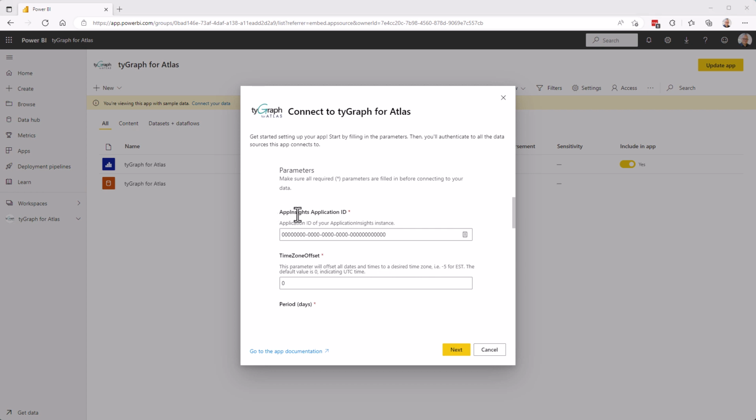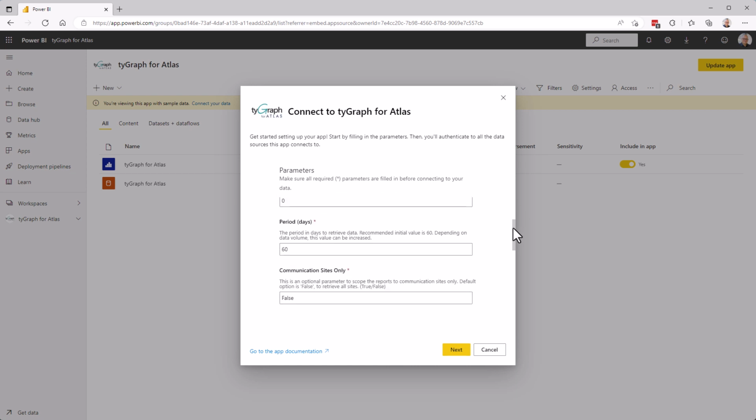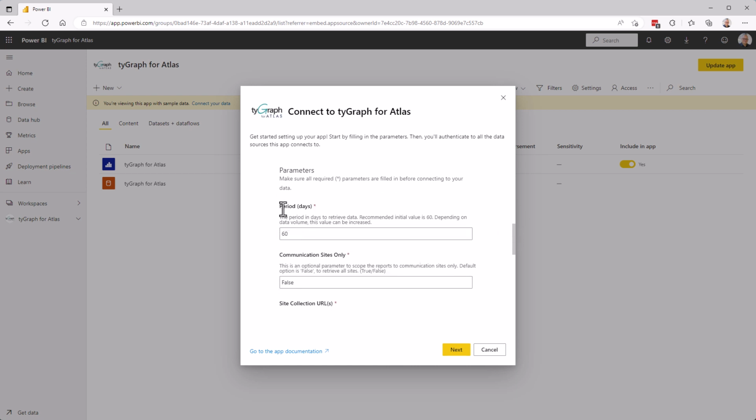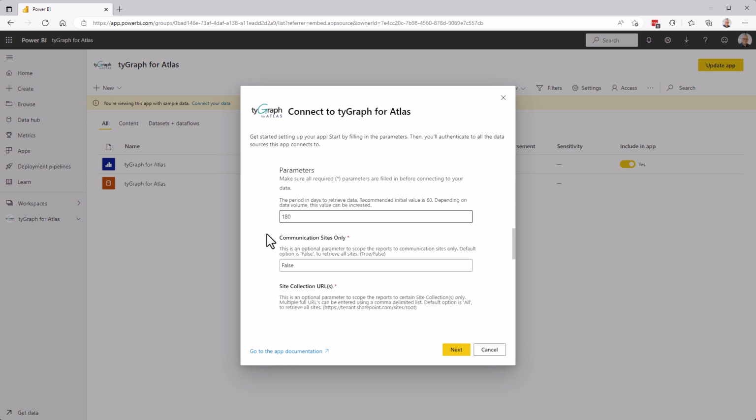Replace the default App Insights application ID with the one that was provided to you by tyGraph support. Let's scroll down and take a look at some of the other parameters, specifically the period days. This parameter will control the amount of data that comes into the report. By default, it's 60 days. You may want to extend that, and if you do, simply change it to a number that makes sense to you for the size of your organization, for your reporting needs, and also how performant the report is. For this example, I'm going to change it to 180 days and continue to scroll down